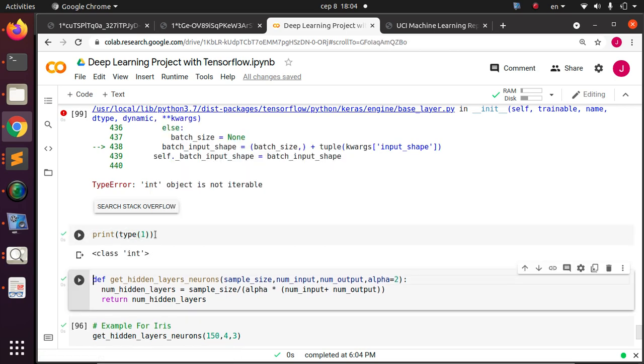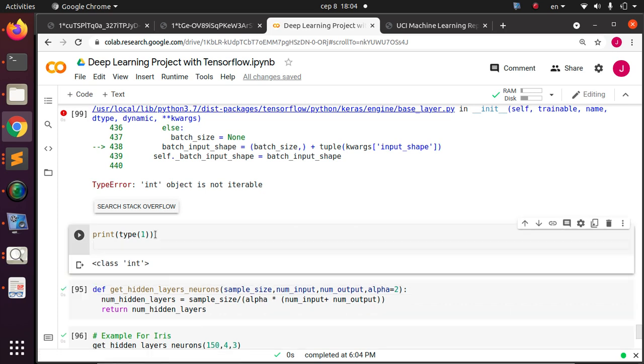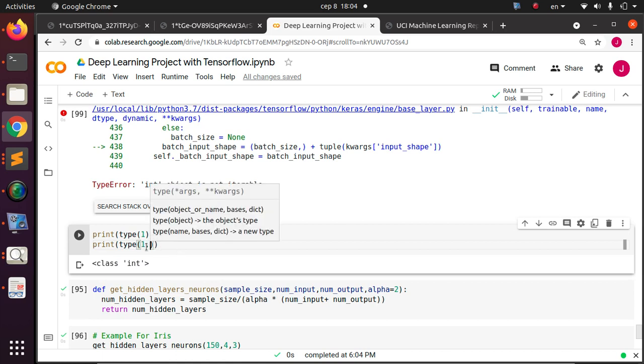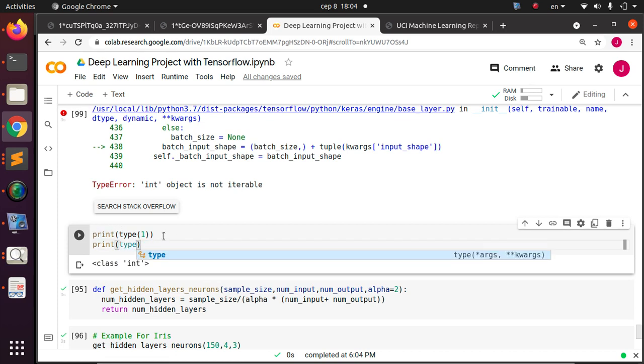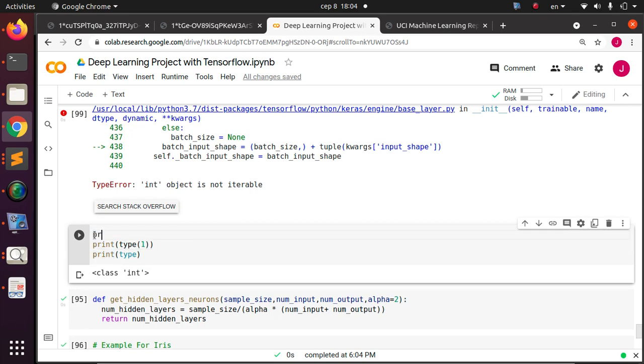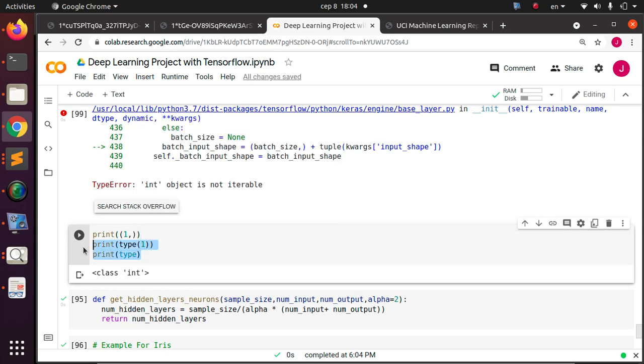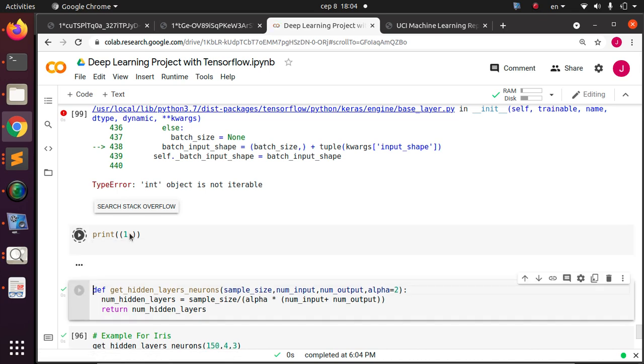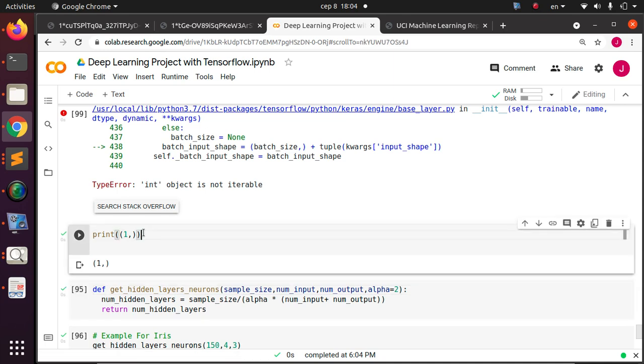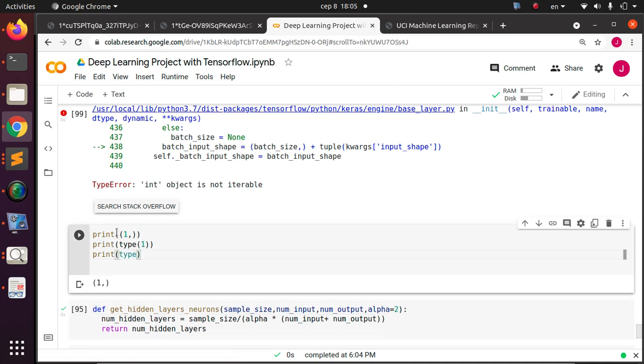Integer, right? Perfect. But in case I want a tuple, I have to make it like this. Print type of 1 with a comma. So putting something inside this option here, this entire thing here is a tuple. You should not forget this. So if I go back again and put everything back and copy this one, put it back here,